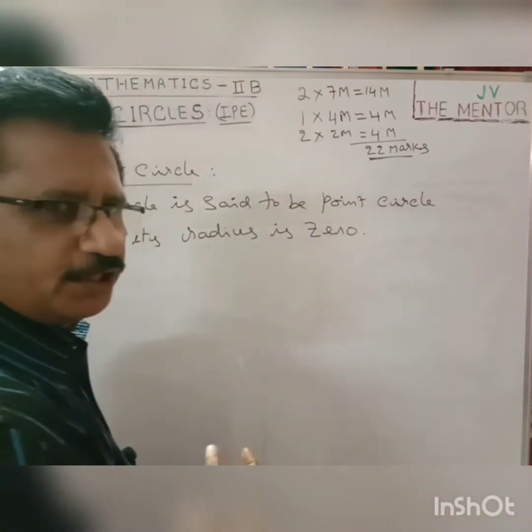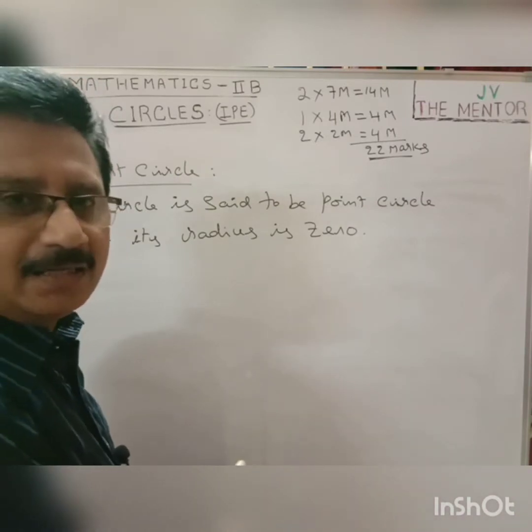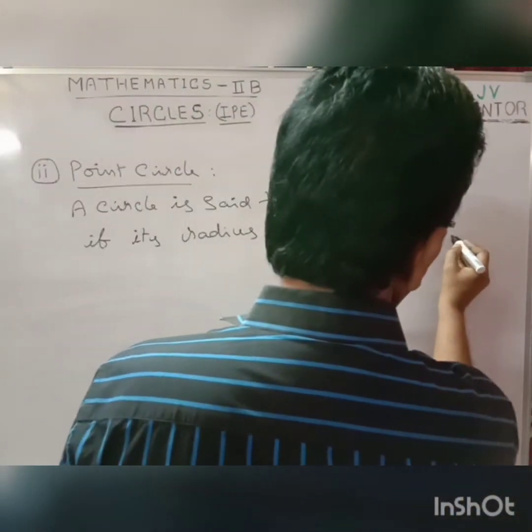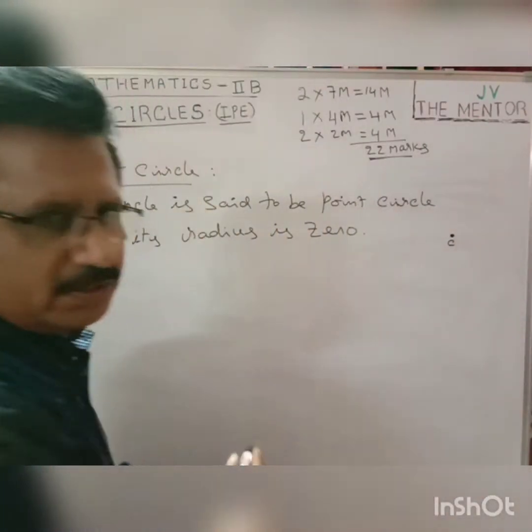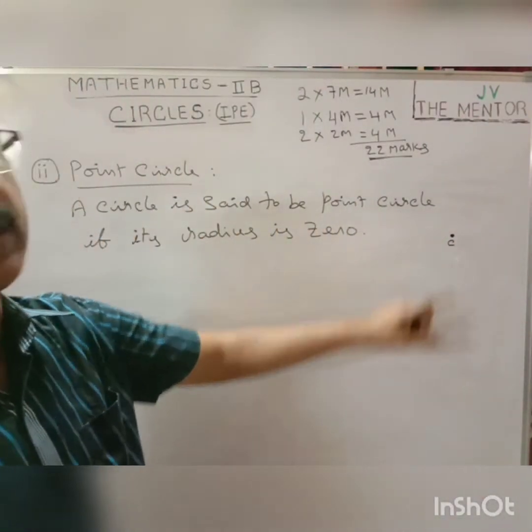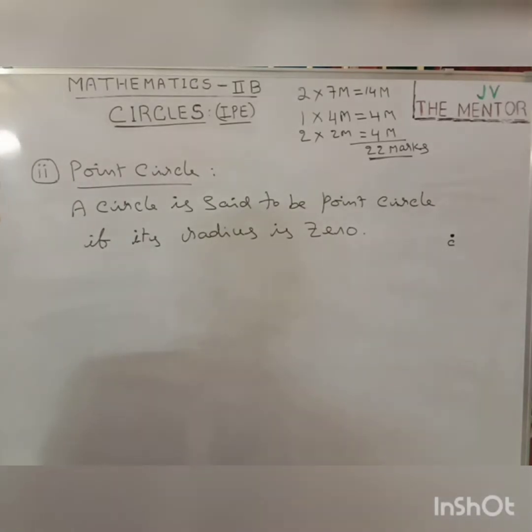If radius is 0, then that circle is called a point circle. C is the center of the circle. This is the point circle. Okay? Next,